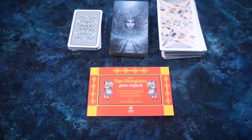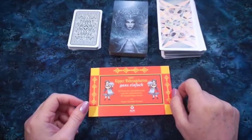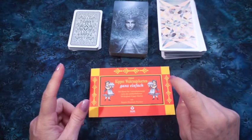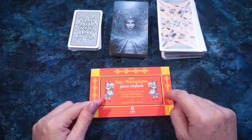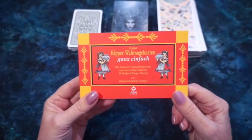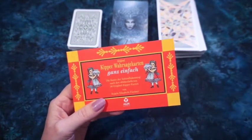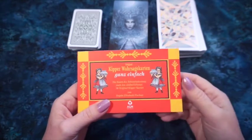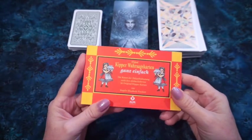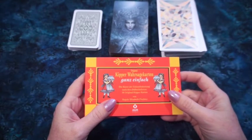one time, but separately. In testing out my new Chronicles of Destiny card set, I did a reading using a reading that I got from this Kipper card book, and it worked so beautifully with it, and I had taken a picture of it and put it on Instagram, and I thought, you know what, this is a great reading to show, because it's not really something I think that you can find